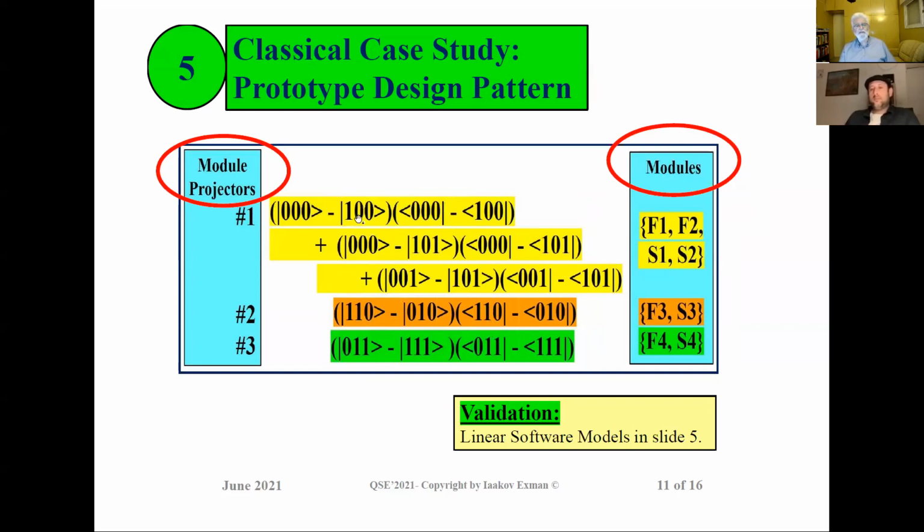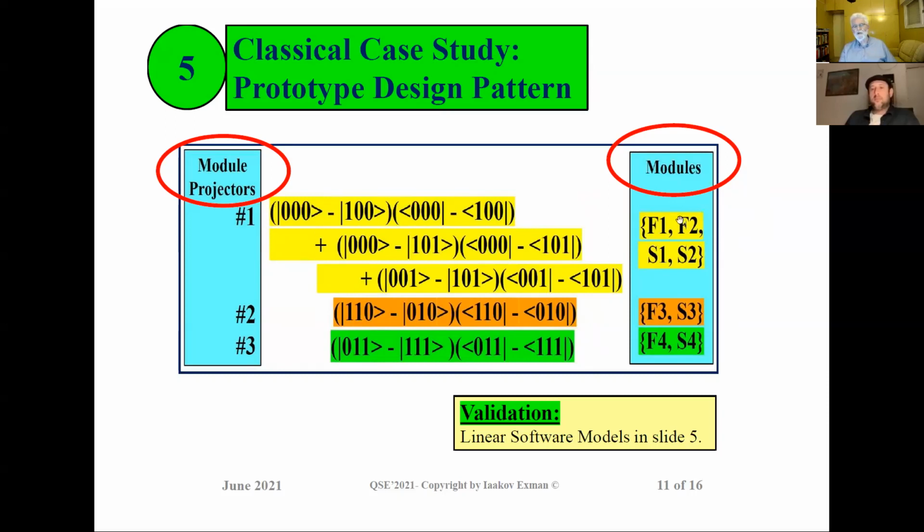For instance, the ket 100 is not found in the orange set and not in the green set. So these are 3 disjoint sets of projectors, and according to the theorems that we mentioned before, these divide the